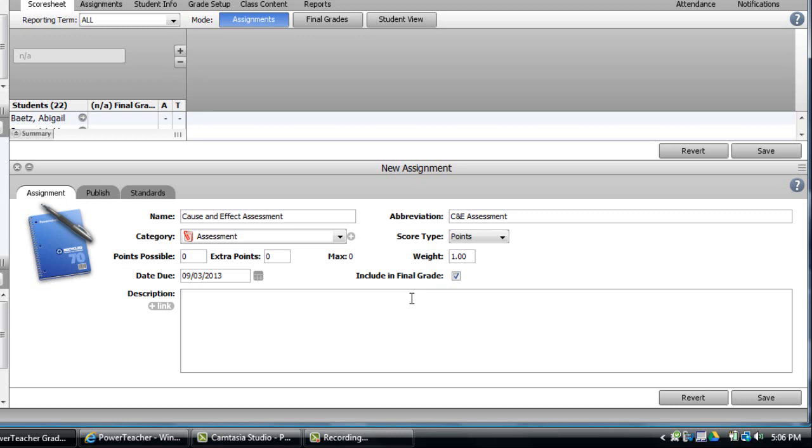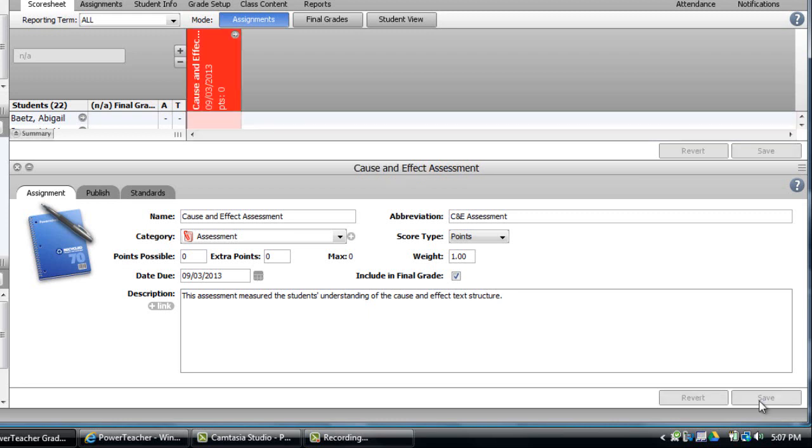So I'm just going to say this assessment measured the students' understanding of the cause and effect text structure. And I'm going to hit save because I want to save often, making sure I don't make any mistakes or